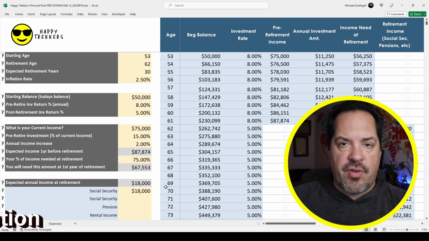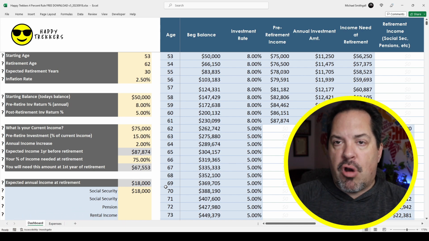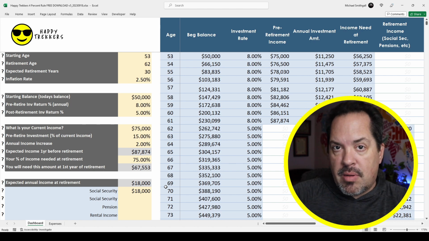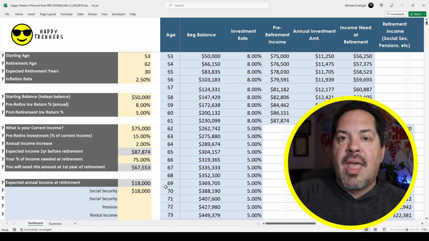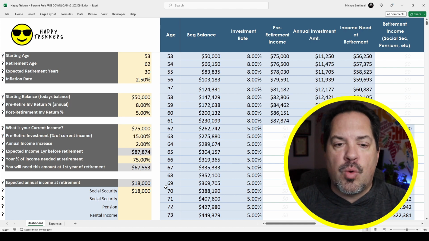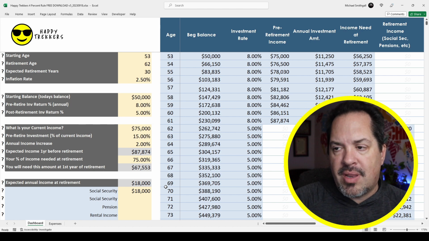Now, there are some caveats. That means the money is properly invested, not crazy aggressive and not super conservative, a nice balance that generates a little bit more than you withdraw. It also is a guideline in the sense that what you need your first year of retirement is not what you need at 95 years old, right?